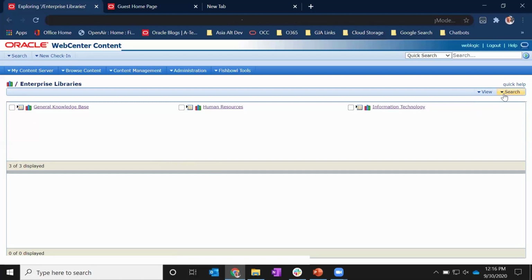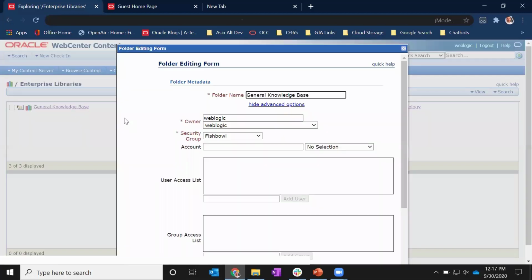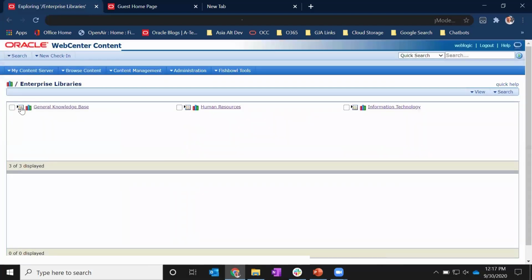Another mechanism is being able to search. So you can search in folders and folder metadata or search for files. There is an action option across for each one of these enterprise libraries that gives you access to update the folder information. Now there's ways of setting up folder metadata and folder default information in terms of security or access lists. And there's also ways of